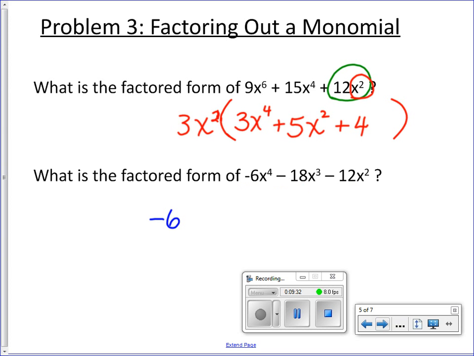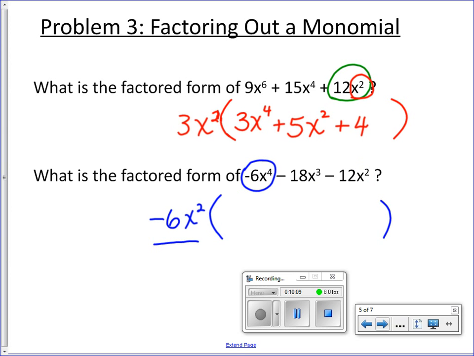Looking at my x terms, x to the 4th, x to the 3rd, and x squared, x squared can be taken out of all three terms. So my greatest common factor is negative 6x squared. Drawing my parentheses, now I'm going to find out what I have to multiply that factor by in order to generate the entire trinomial. So, looking at the first term,